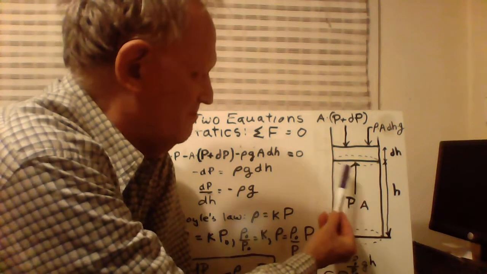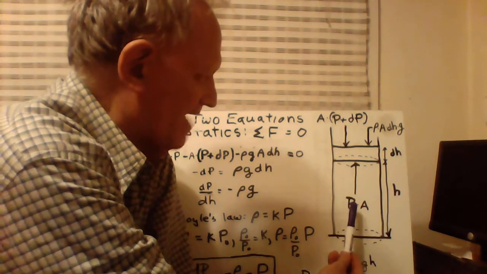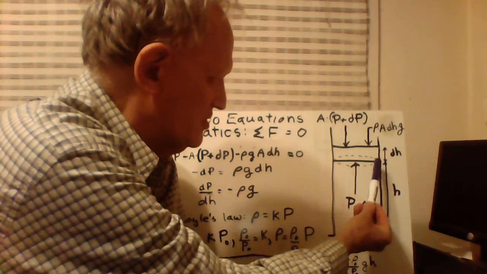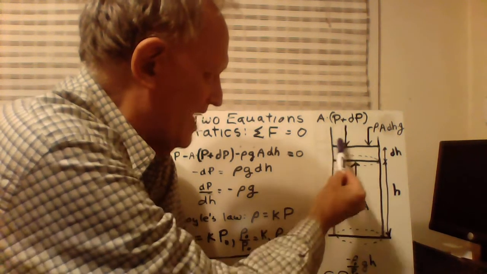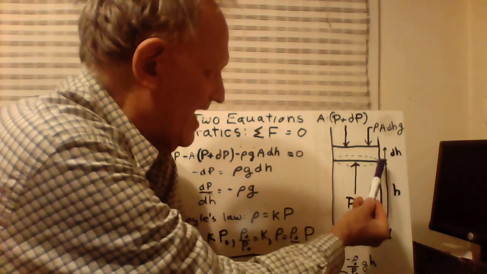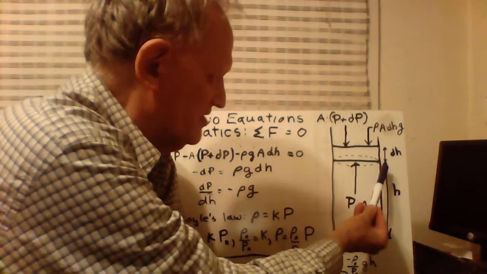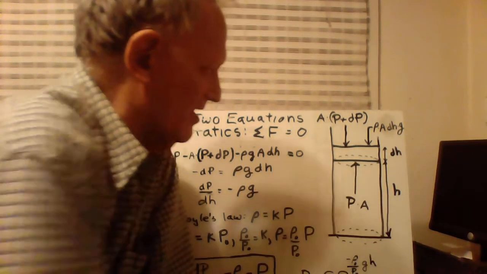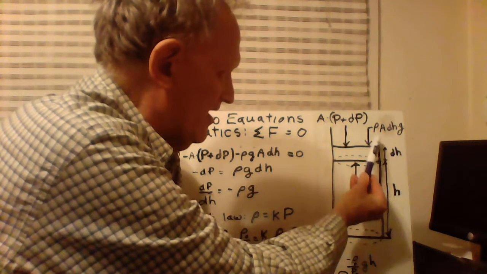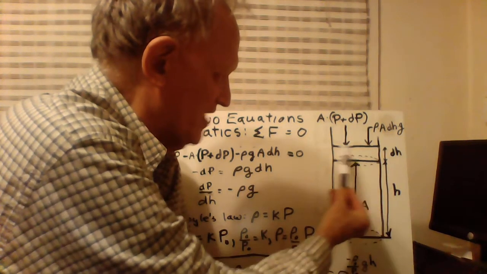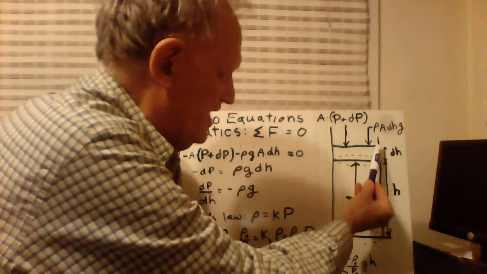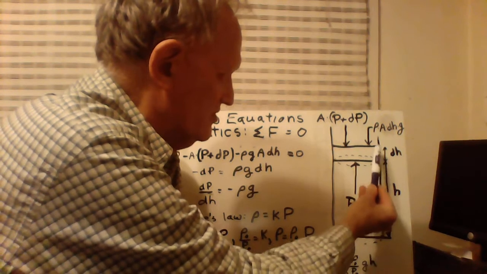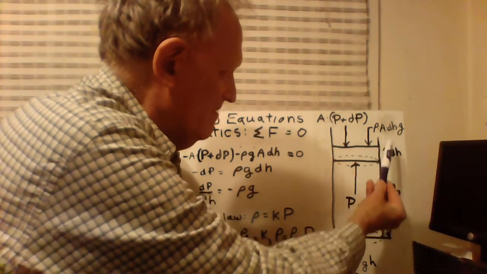So we do this free body diagram in a sense. We have the pressure on the bottom of this slice at height h, the pressure pushing down on this little slice at the elevation h plus dh, and then we also have the weight of the slice itself, which is the density of air times the volume of this little segment, which is dh times the area of the base of this little segment. So that's dh times A,